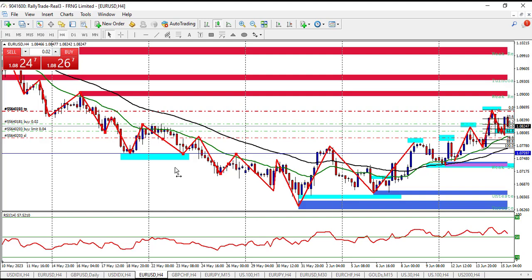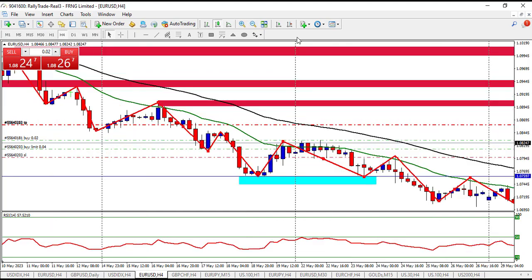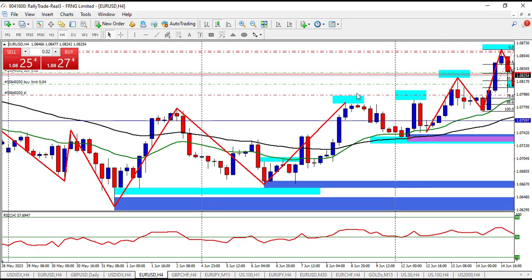Somebody asked me now, where is Euro USD going? I said it's going up. When it was going down, they asked where is Euro USD going, and it was going down. Now I'm going to take you to a point where you move from this H4 time frame, knowing that it's already going up on H4, down to a lower time frame, like 15 minutes, to pick your trade, following what is happening on the H4 time frame. So let me just show you this so that we can wrap this up.